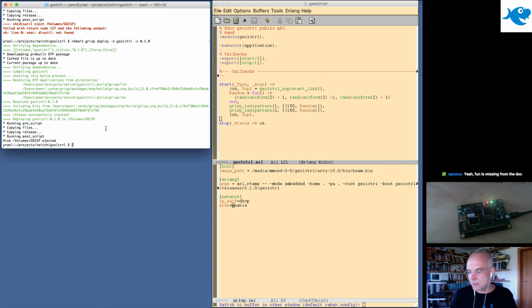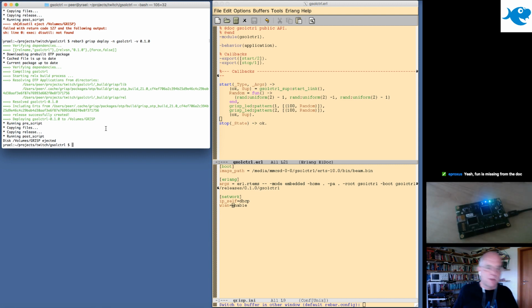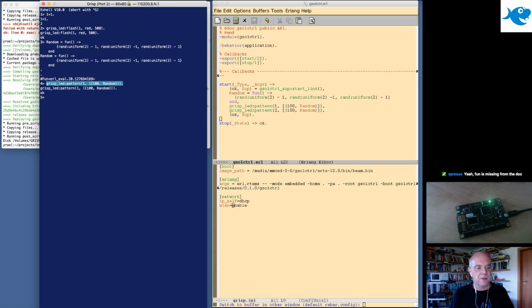So the thing is, it's already ejected, so I can just pull out my SD card and shove it into the still running GRiSP board, because if it doesn't write to the SD card, it doesn't care. And let me set up